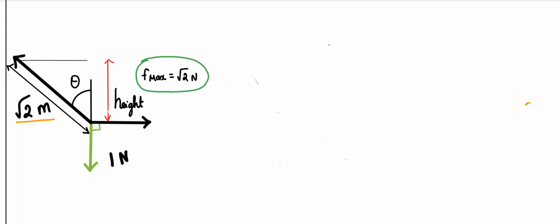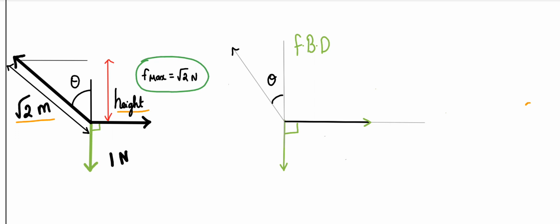So next, we have specified, for example, that we consider this as a rope. It's a root 2 meter length rope, and we have asked what is the height of this point from the ceiling. Maybe that's the question. As we know from the free body diagram, we can solve for two unknowns. So here there are three unknowns. So from F max is equal to root 2 Newton, what do we get?